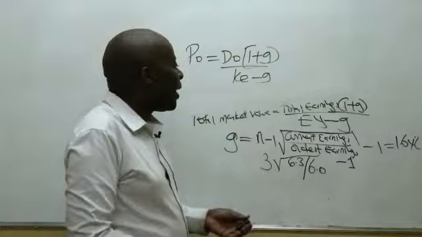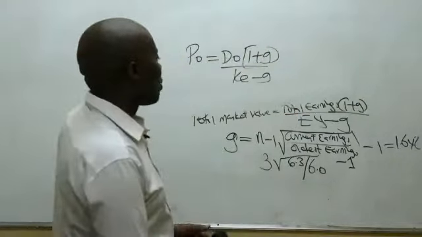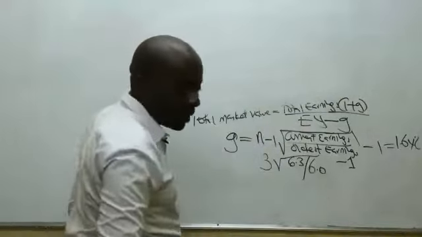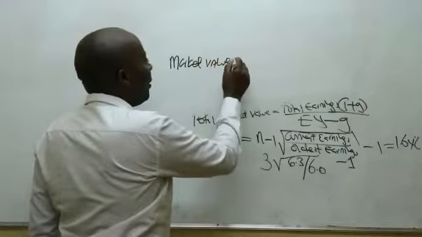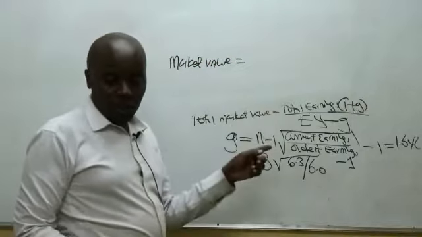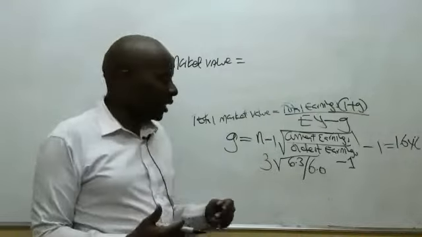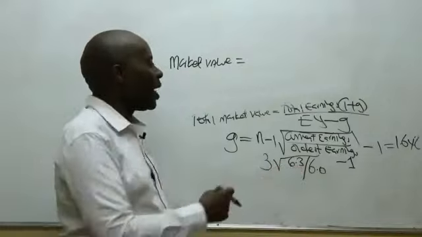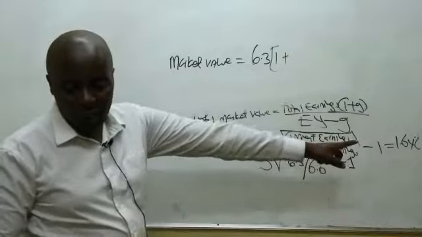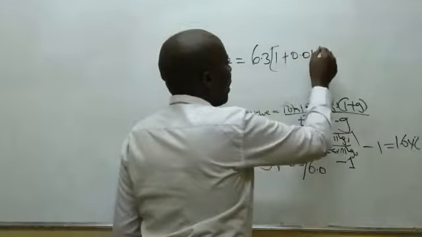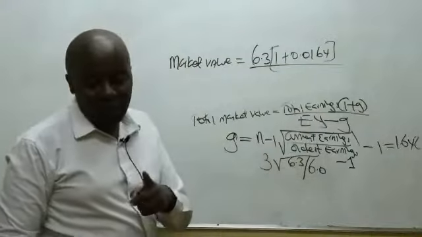So if that is the case, then come and plug in whatever figures that you have in this formula. So our market value, at the end of the day, will be equal to what? Our market value will be equal to total earnings. Remember, the earnings here must be the most current, the most recent, even from this formula, the most recent earnings that we have here are 6.3 into 1 plus your growth rate, which you got there, which is 0.0164. All over, earnings yield has been given in the question.